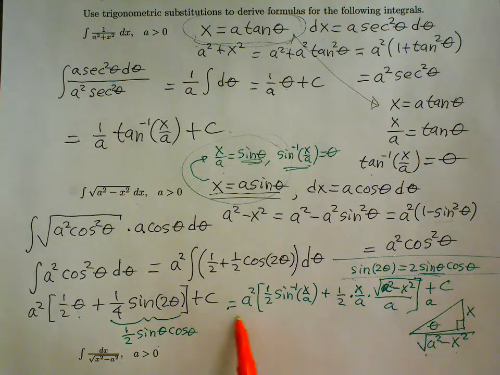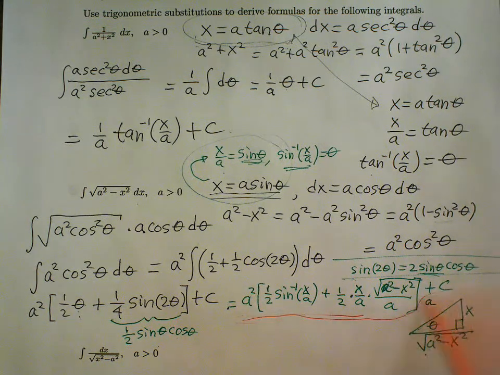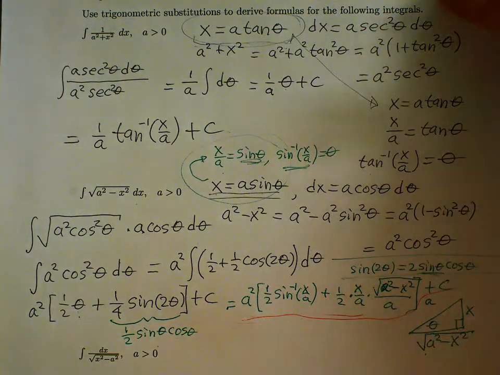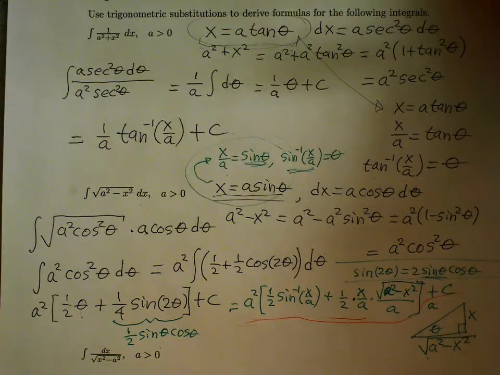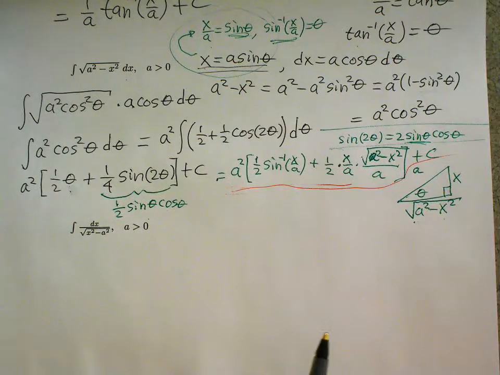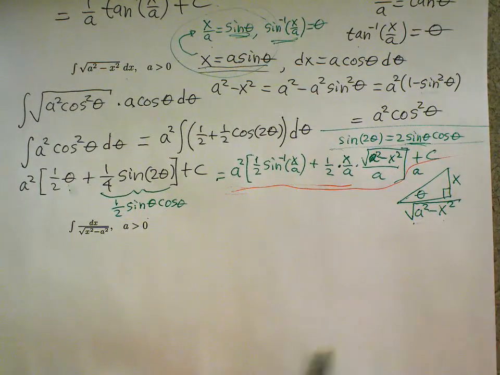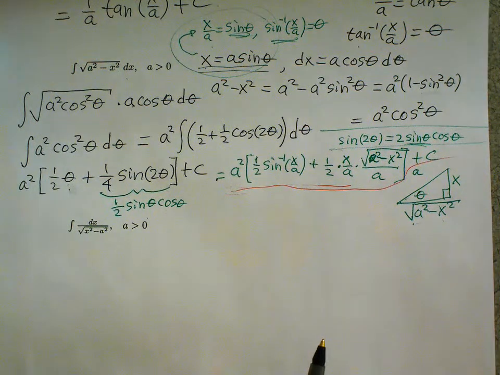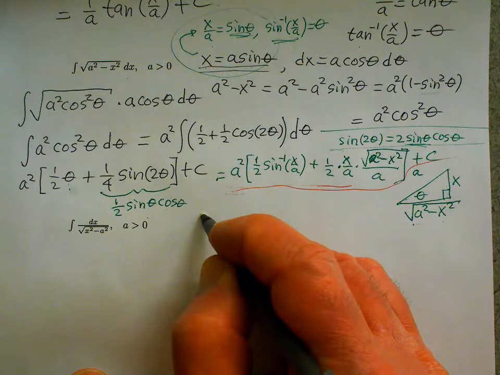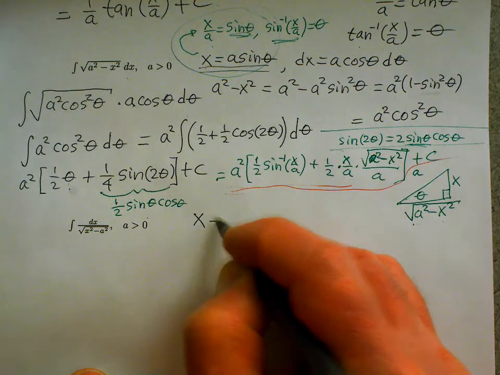So let me know if you can't read that, but this is a good enough answer for what we want right now. Okay, the next example, the indefinite integral of dx over the square root of x squared minus a squared. So this time the trigonometric substitution that we want for x